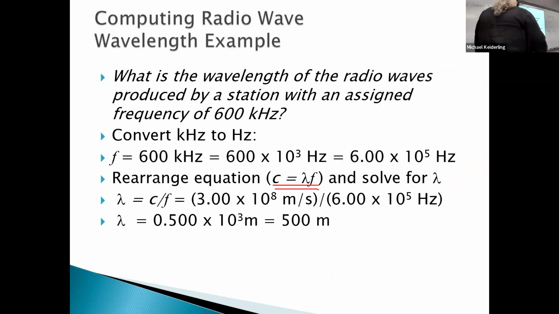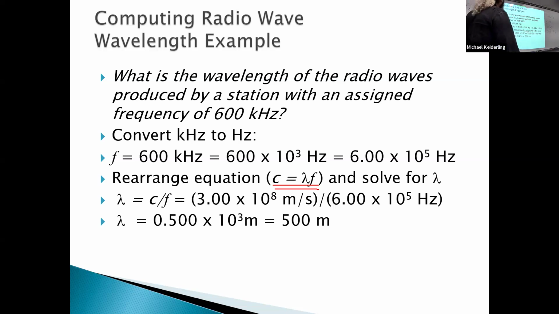So here's an example of computing the wavelength of a radio wave. If you want the exact speed of light, it's 299,792,458 meters per second. And that's exact, because we use this fixed value for the speed of light to define our unit of distance. So in the metric system, the speed of light is exact to a whole number.